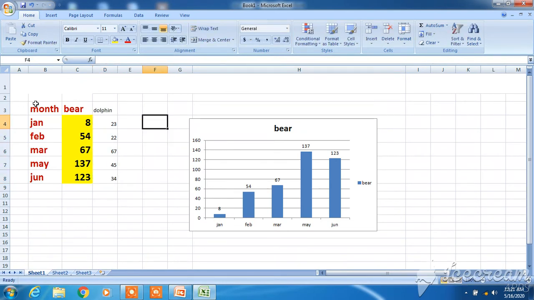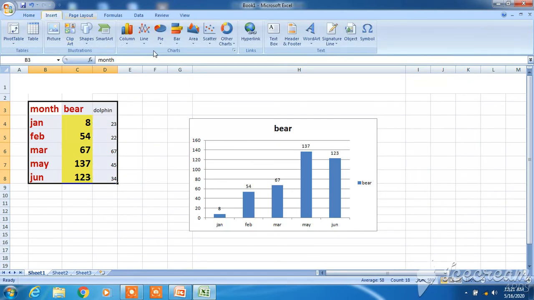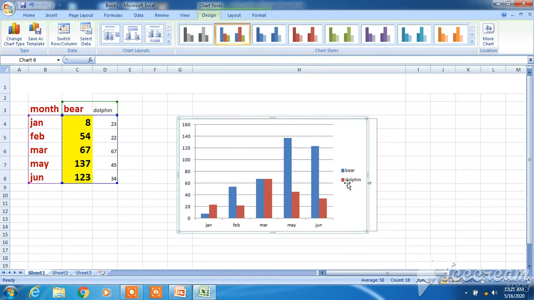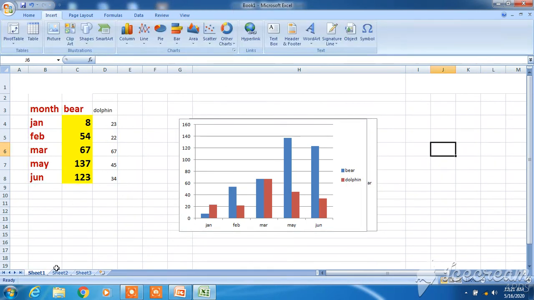Suppose I have selected another series, and now if I insert the chart, different series will be shown. Red color is dolphin. So this is the usefulness of the legend. Different colors, different series. Now your MCQs are all clear, because I have practically shown you what the answer is of each and every MCQ.